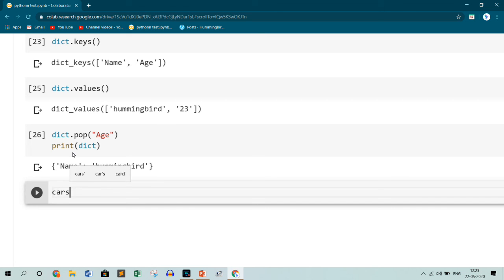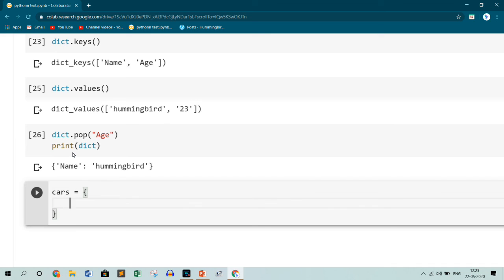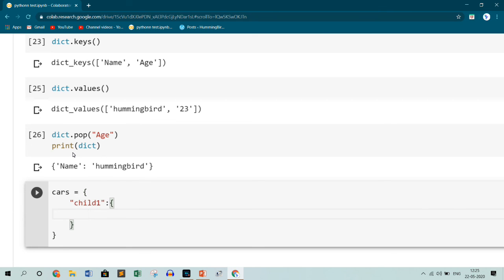Consider cars, and then this has the nested dictionary. So the nested dictionary is, consider I call it child one, and then name and the value to this, hummingbird.